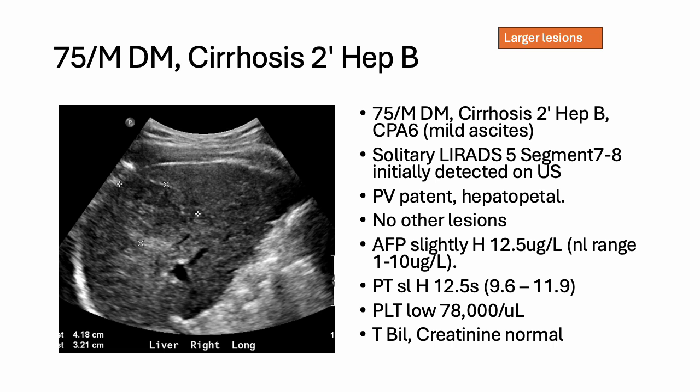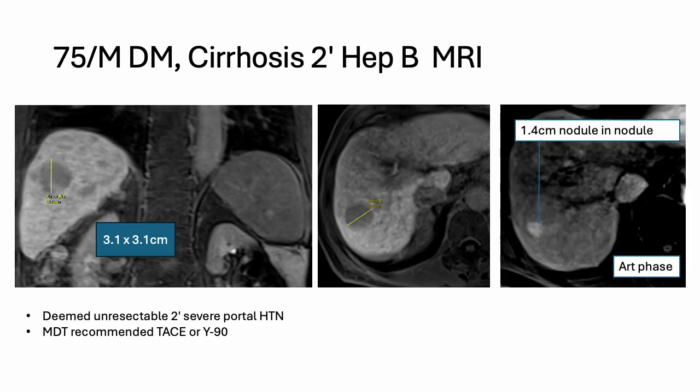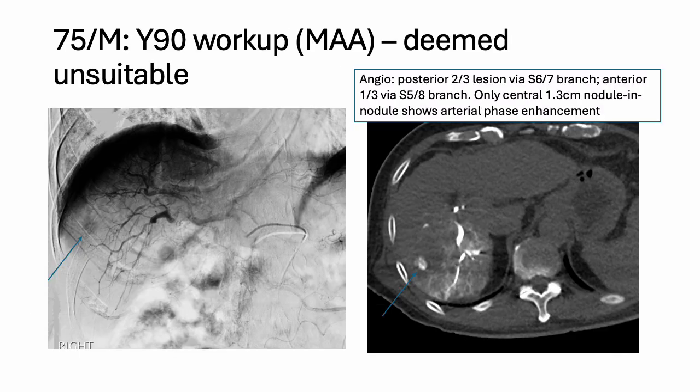Different patient, diabetes, cirrhosis, hepatitis B. The patient has mildly reduced liver function with ascites. Solitary lesion in segments 7 and 8, which was detected on ultrasound, was initially recommended for Y90 during the tumor board, but we found that during the Y90 it was difficult to localize the lesion. This is the angiogram. Only a small part of the lesion is enhancing, a nodular appearance,